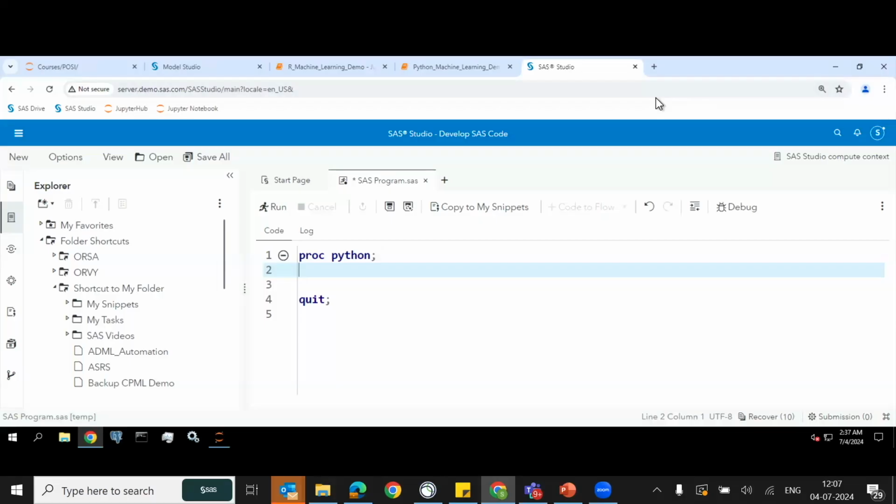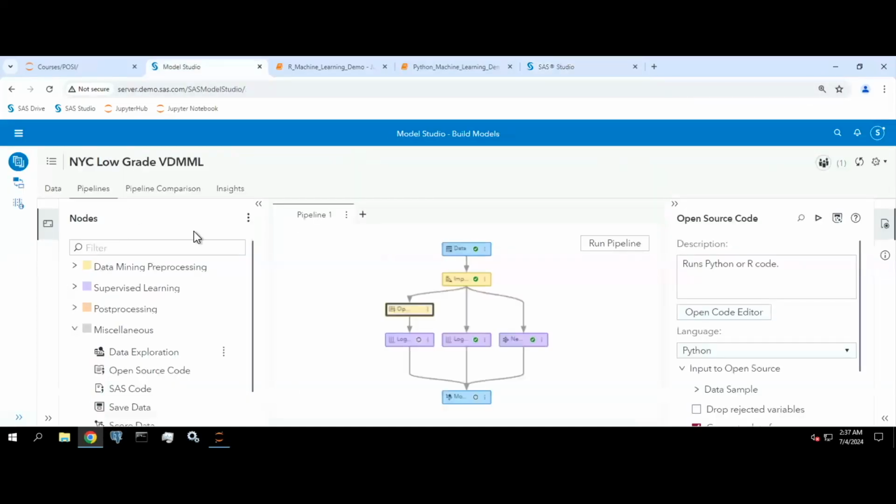Okay, now we have one of the questions in the chat. Being open source, is this free? Okay, great, let us check this out, because this question needs to be answered in context. See, what is free and what is not free? SAS is not free software. All these products that you see, whether it is SAS Studio, Model Studio, or any of the CAS related products, the Cloud Analytic Services, all come with a license. So it's not free. However, what is free is